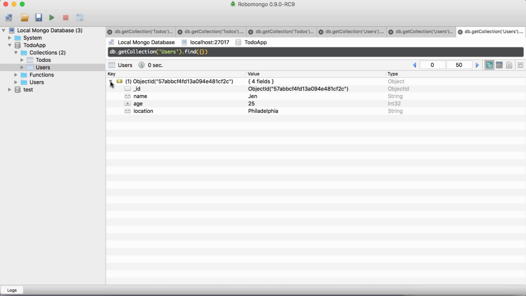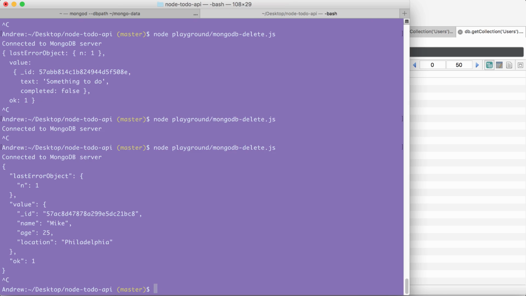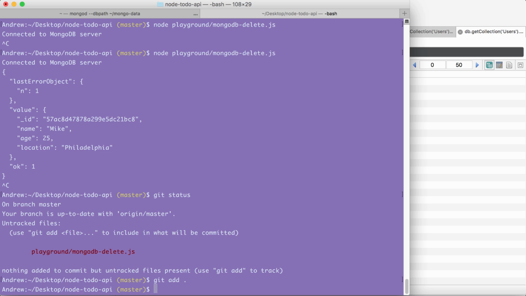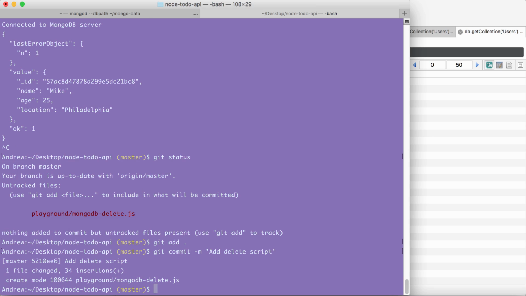Before we go, let's go ahead and make a commit, pushing it up to GitHub. Over in the terminal, I can shut down the script, and I can run git status to see what files we have untracked. Here we have our MongoDB delete file. I can add it using git add dot, then I can commit. Using git commit with the -m flag. Here I can go ahead and provide a commit message, add delete script. Excellent. I'm going to make that commit, and I am going to push it up to GitHub using git push,